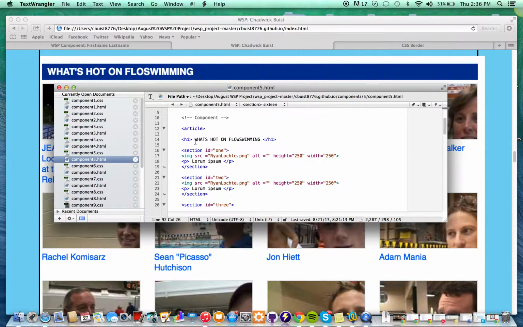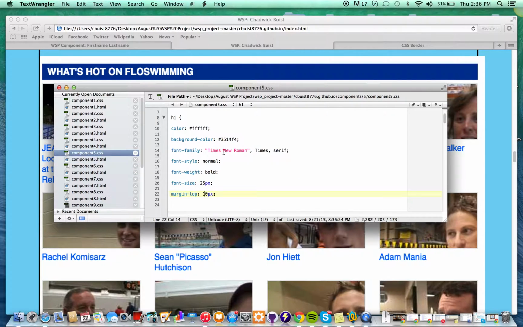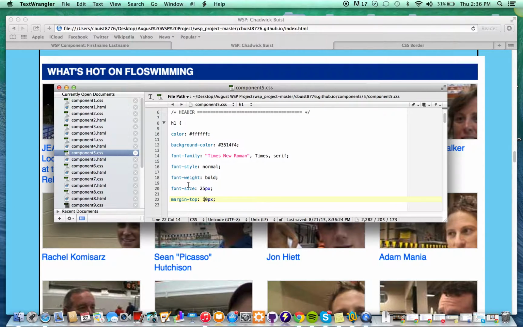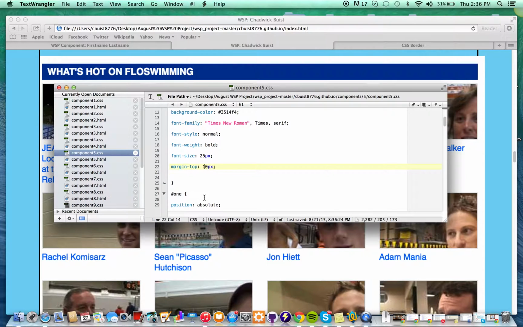Got my article, my H1, which is what's hot on flow swimming, and then I have each one of these as a section with an ID. Whether that's bloated, I'm not sure. I'm assuming it is, and I'll try to see if I can clean that up a bit later on. But for what I tried to do at the time, let's pull up the CSS. The H1 up here, what's hot on flow swimming, gave it the color, the styling, the weight, margin. As you see,